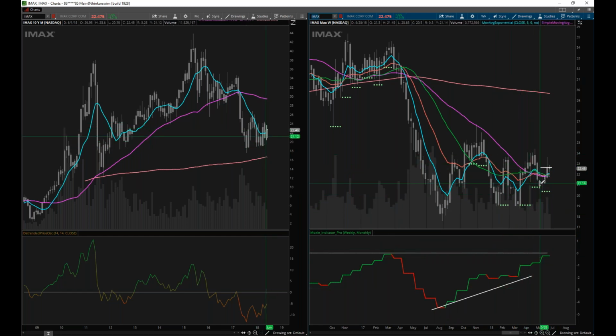It fell back down. Now, I am actually looking at this. I did purchase IMAX just the other day right here because look at all the moving averages. And here's another little terminology that I use. So, that moat that I talked about earlier with the 8 and 21, well, all of the moving averages can act like a moat. So back in here, look at how much distance there is from all the moving averages. And look at here, how much distance there is from all the moving averages.